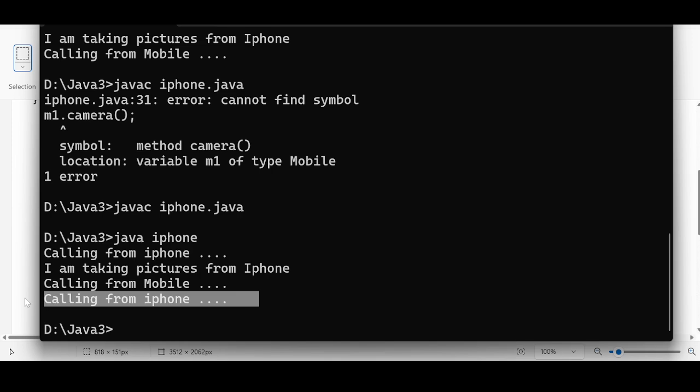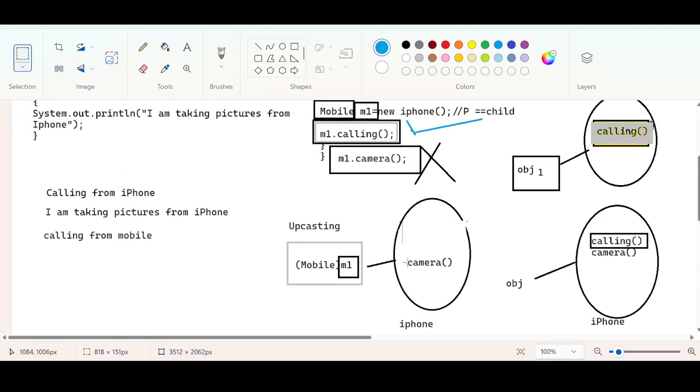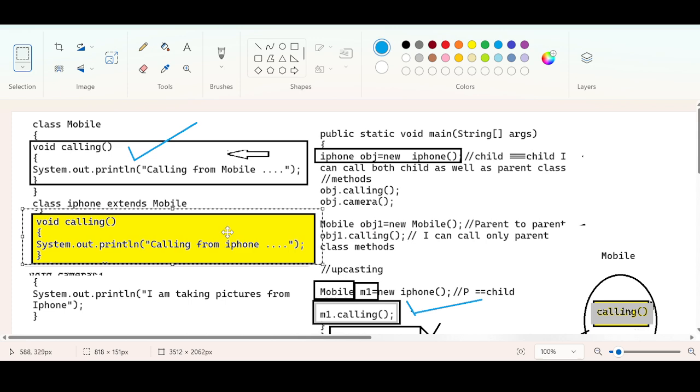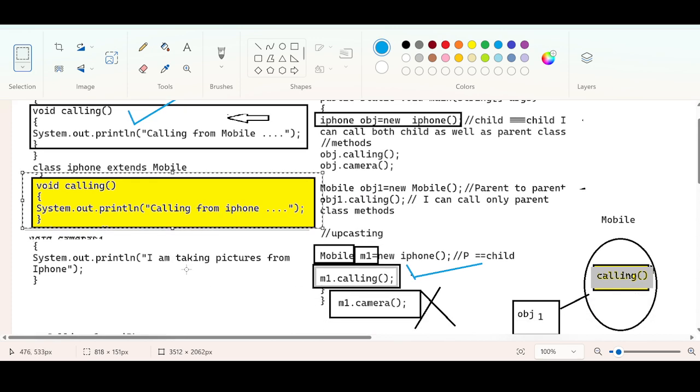Last one. This is one of the advantages. If we want to restrict the child class specific methods, and execute only the overriding methods of the parent class, you can use this upcasting. You can understand this better in the polymorphism topic. What are the advantages of upcasting?